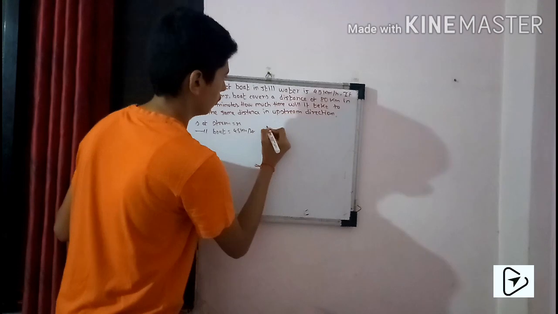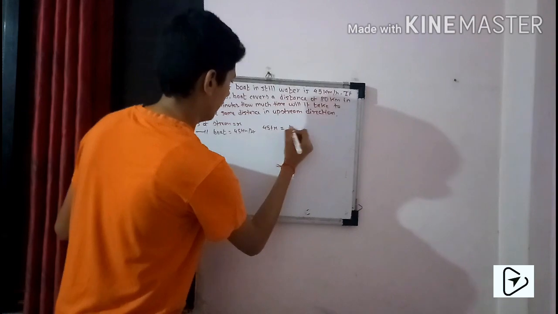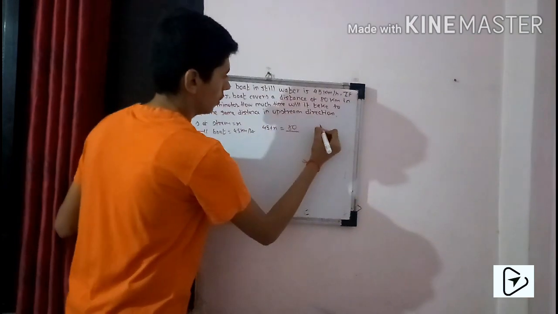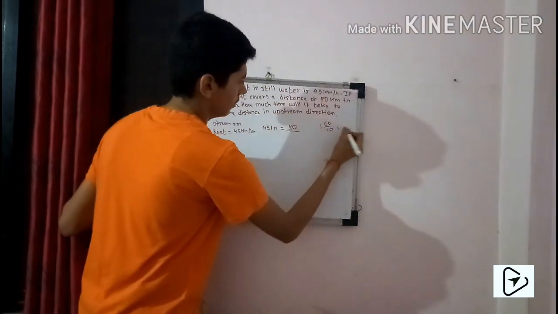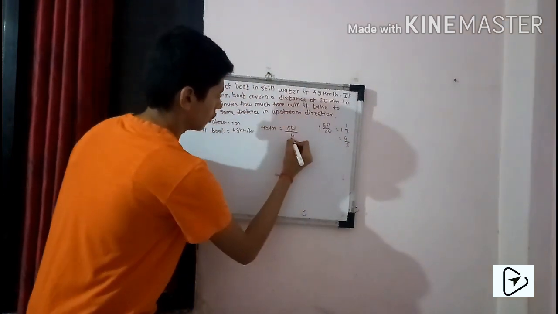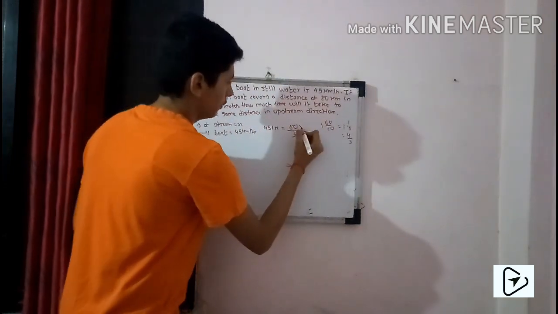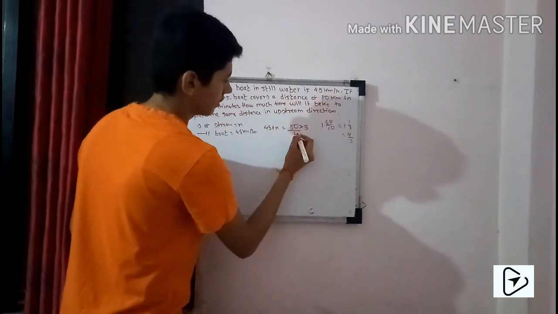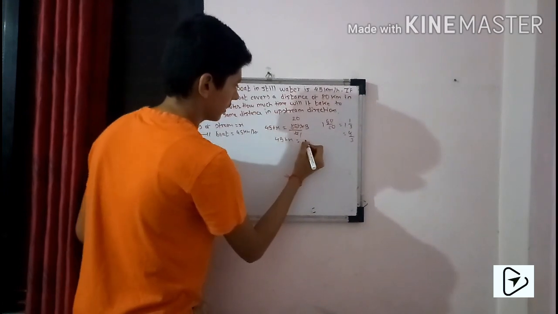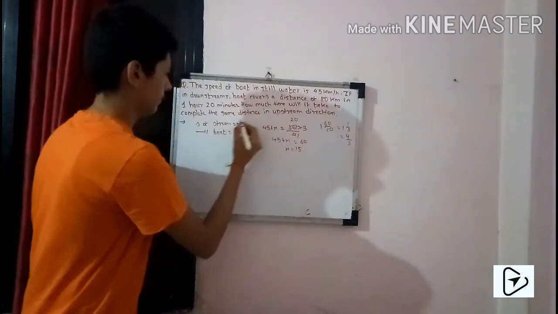So we will add both, 45 plus x, which is equal to 80 divided by 1 hour 20 minutes, so we will convert this into hours. So 1 plus 20 upon 60, which will be 1 plus 1 upon 3, is equal to 4 upon 3 hours. If the division is by 4 by 3, the 3 will shift upside, and we will divide 80 by 4, that is 20, times 3, so 45 plus x is equal to 60, and then x is equal to 15. The speed of the stream is equal to 15.